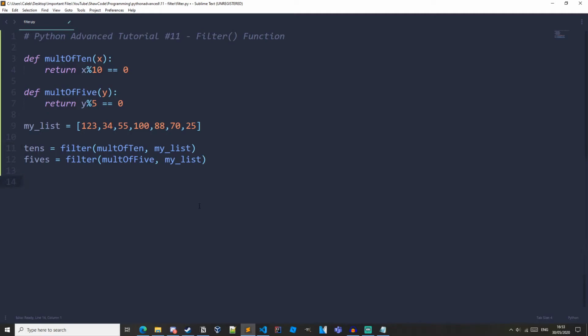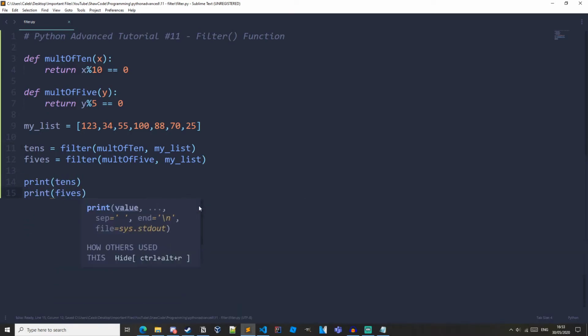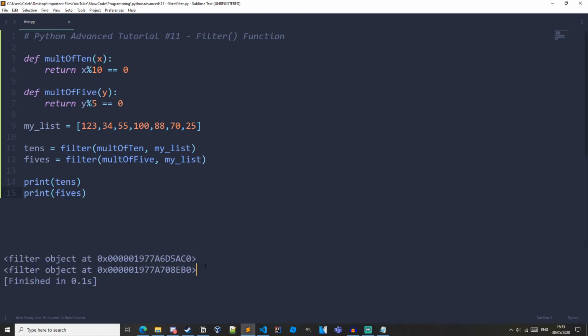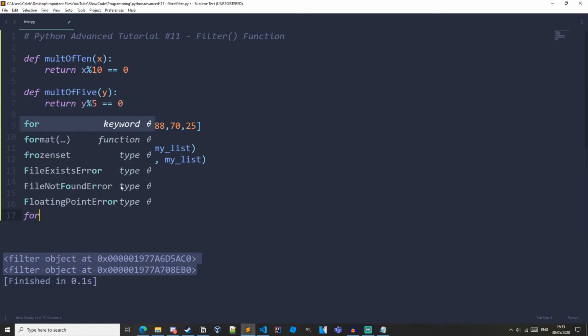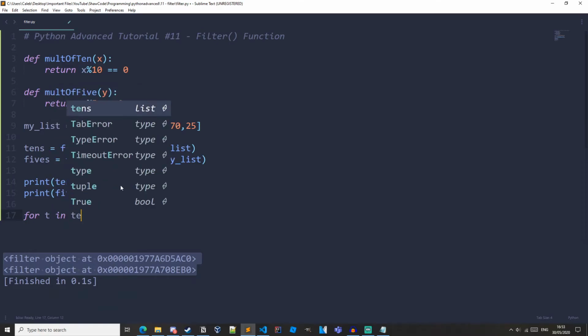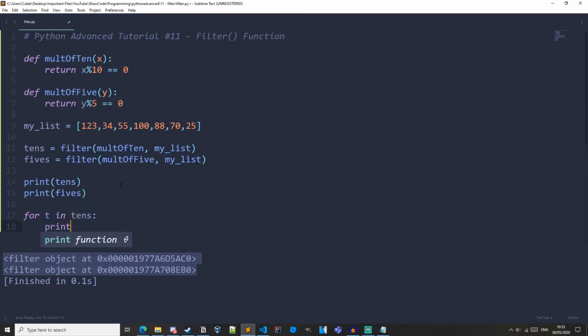So let's just print out the tens variable and the fives variable. Let's just save it and run this. And as you can see, we get these filter objects. You've probably guessed already, but they are iterable, like the map function. So we can just do for t in tens, print t. So if we run that now,